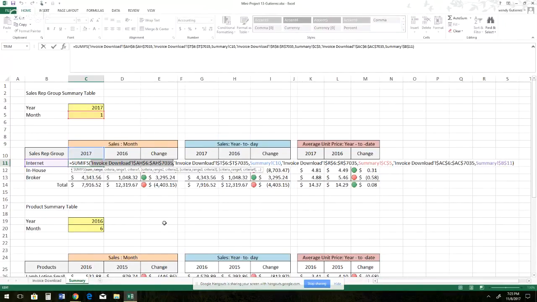What is it? AH6 through AH7035. And then lock it. How do you lock? Oh, just anchor it? Anchor it, yeah. Sorry, not lock it, anchor it. No, you're good. Then you put comma. And then